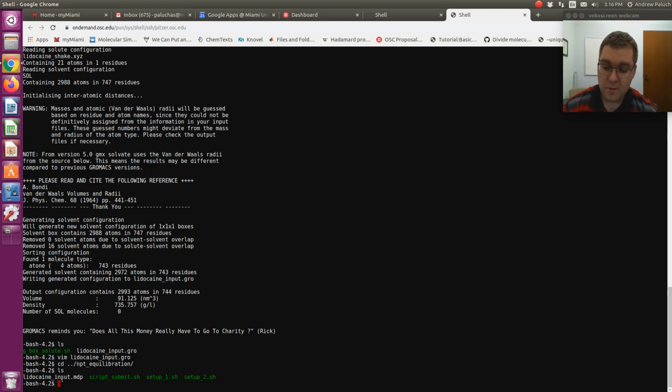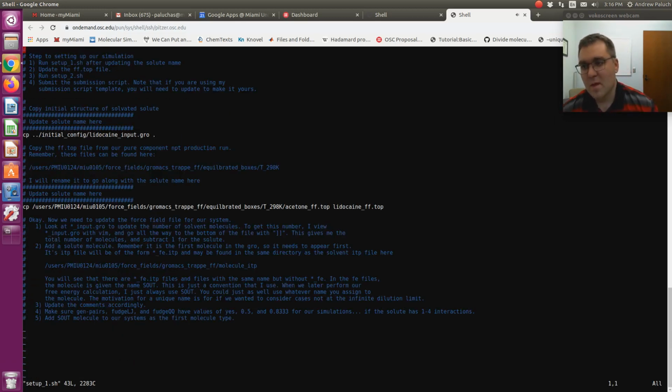All right, so the first two things that we're going to look at are essentially the two things that are going to get this calculation set up: these two scripts named setup1 and setup2.sh. If I vim setup1, at the very top there's a step-by-step of how this is going to work. The first thing it's going to do is copy from that initial configuration directory